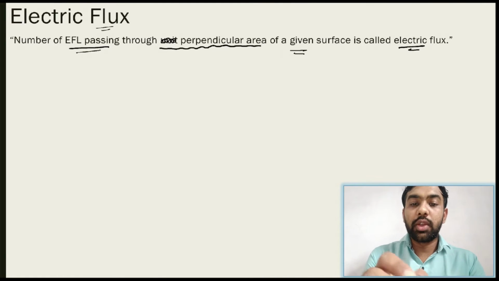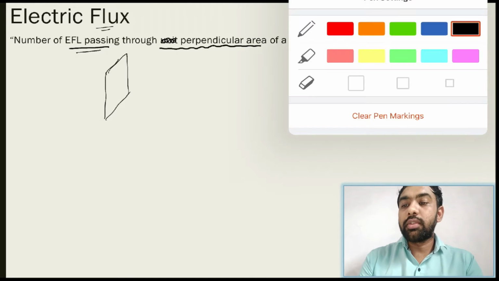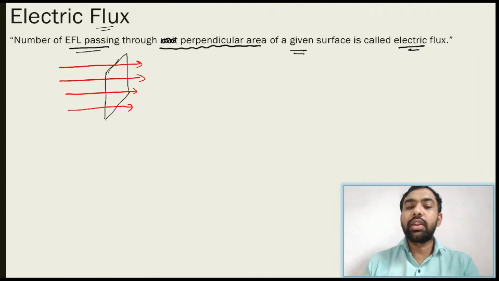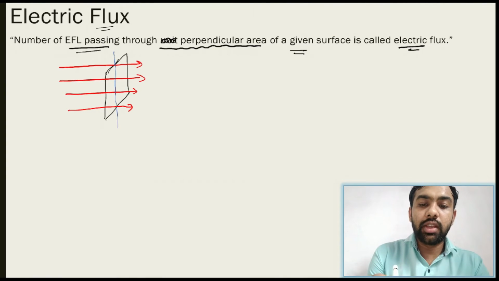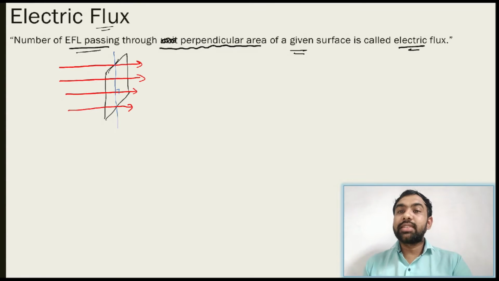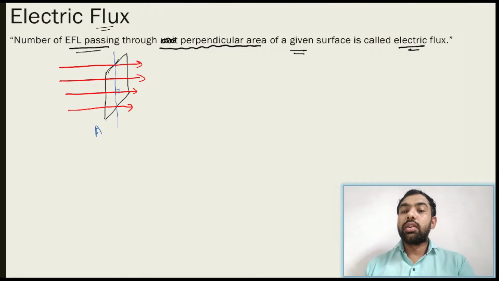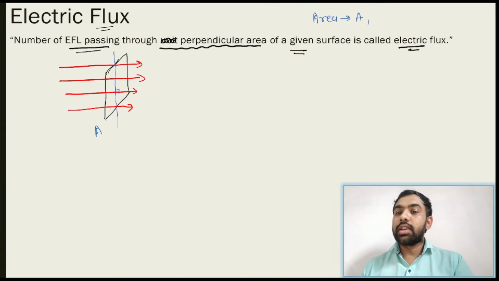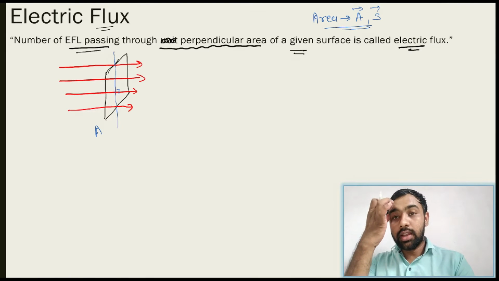Now one simple thing, if you consider this situation, suppose here some surface is like this, any area. Now the electric field is passing through it, so a number of electric field lines pass through it. Right now it is perpendicular. If you draw the direction, this plane surface is perpendicular to it. We have two representations of area. Area vector is sometimes written as A or sometimes as S. So the area vector is written in these two ways, A vector and S vector.